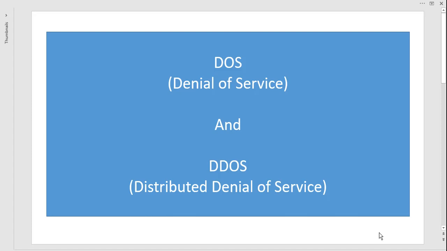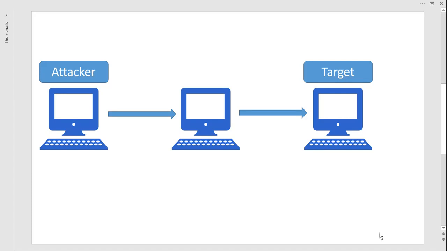So making resources unavailable is the main aim of a DOS attack, right? Now your target could be anything, a normal computer, a server or a website. So let's understand both DOS and DDoS one by one. So here is the scenario of a DOS attack or denial of service attack. So this is the attacker machine, and in this type of attack an attacker can directly use his own machine